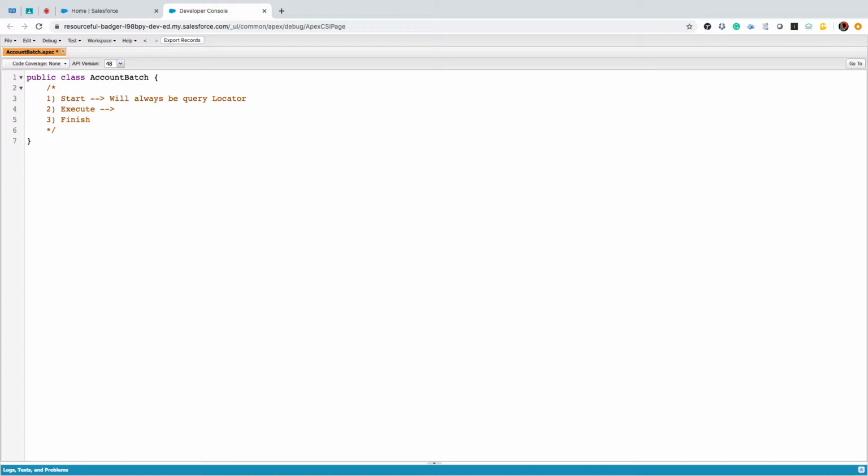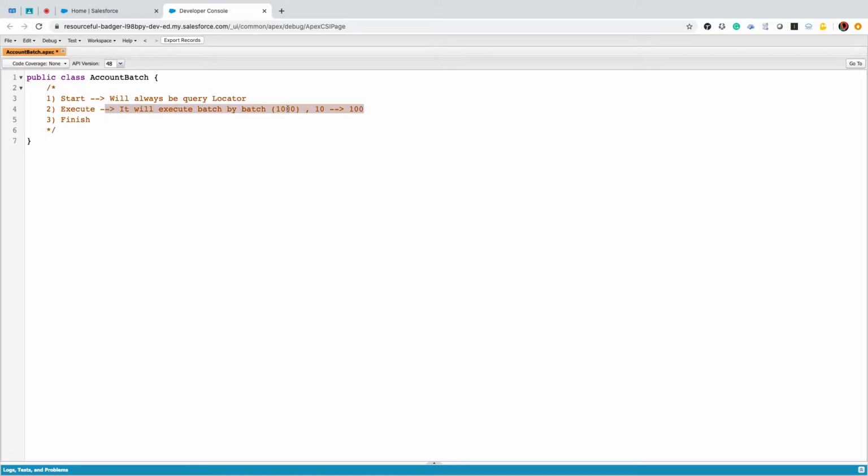The execute method will execute batch by batch. If my total query locator result is 1,000 records and my batch size is 10, how many batches will I get in total? 100, right? So now the execute method will execute 100 times.